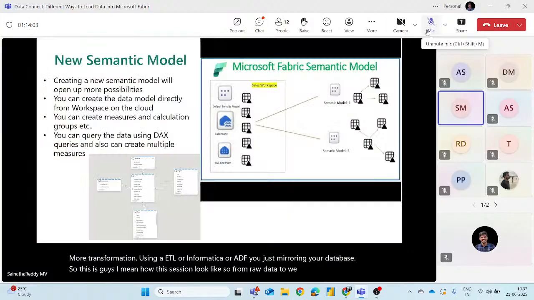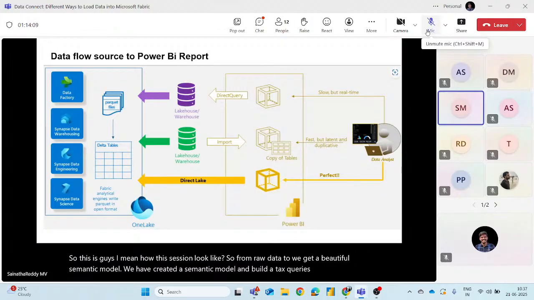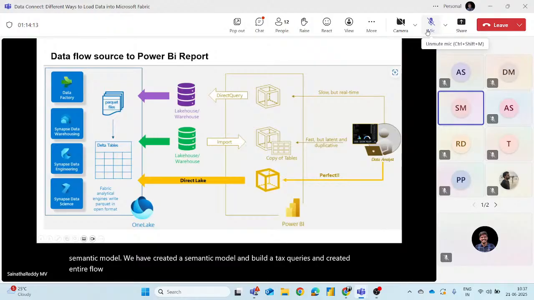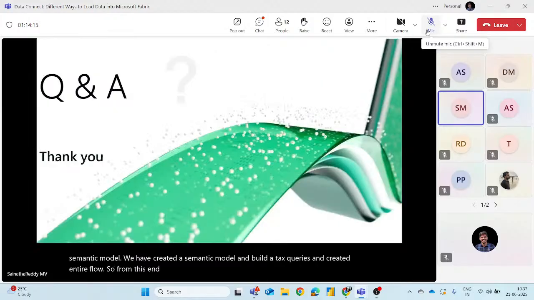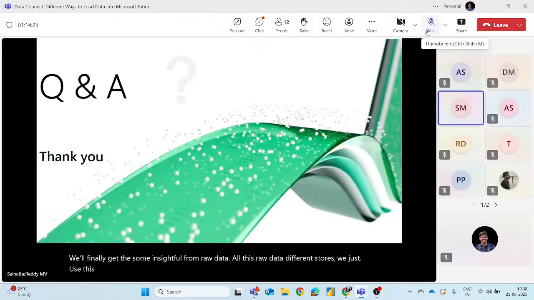We created a semantic model, built DAX queries and created an entire flow. So end users will finally get insights from raw data. From all this raw data in different stores, we just used Fabric, a wonderful tool, to visualize quickly and get information. And we are coming to the end.